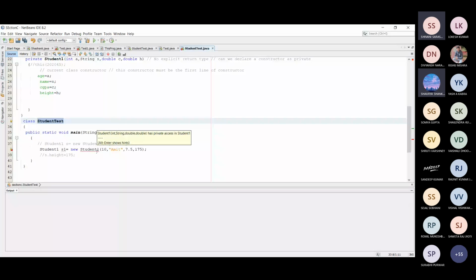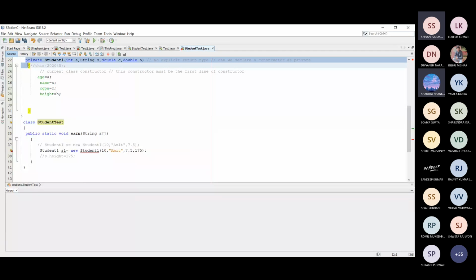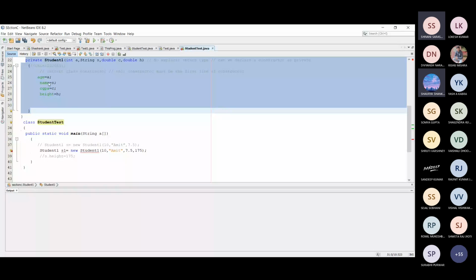अब बताओ, how can you access the private constructor outside of the class? No, because there is no provision. If you declare any member as private, you will not be able to access that member outside of the class. Class के बाहर नहीं access कर सकते. But if I say member, I mean either a method or a field like name, age, height and CGPA. Here I am talking about the method and constructor. Basically, a constructor is also a member of the class.